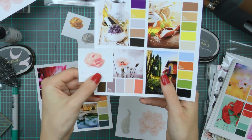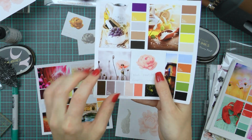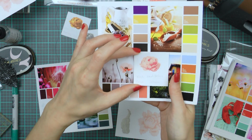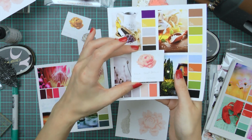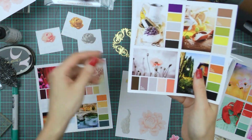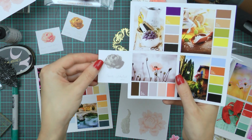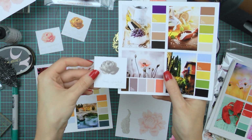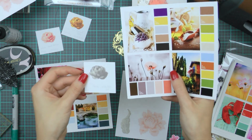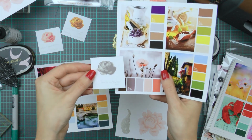So as I looked through my swatches, I found this one that was a perfect match to my peach flower in the selected color palette. So this is what I'm going to use. This is what I'm going to start with. I have the colors listed there, so I'm all set with this particular one. Now I also love the grays in this photo, and I have this other flower stamped in gray colors, and this is what I'm going to use for the leaves on my card. Again, I have the colors listed on that piece of paper,